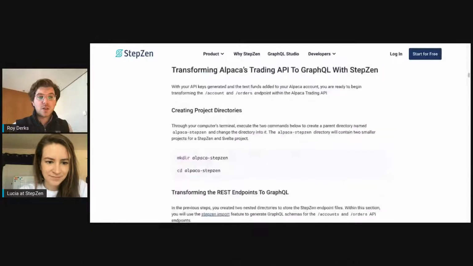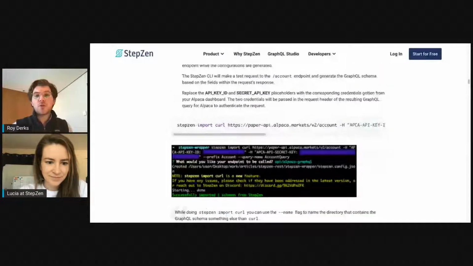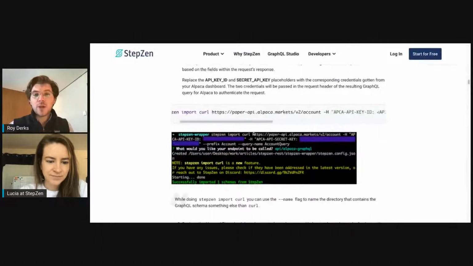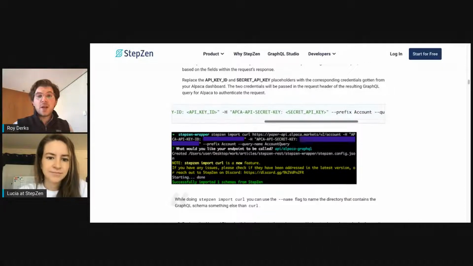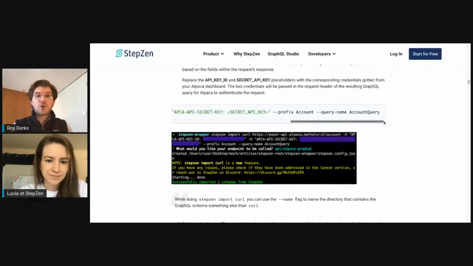I can find somewhere here. So StepZen import curl to import a REST API endpoint that will be transformed to GraphQL automatically. So you can see here, you run StepZen import curl, you provide an API endpoint, you can provide a header, even multiple headers, as you can see here. And then you can also do more things like name your query or add a prefix to all the types